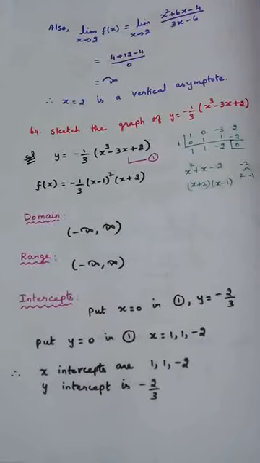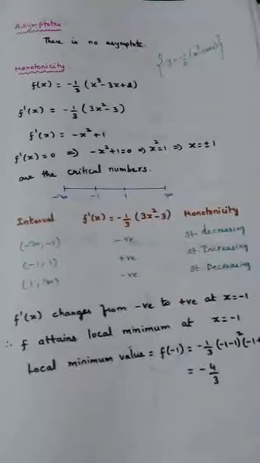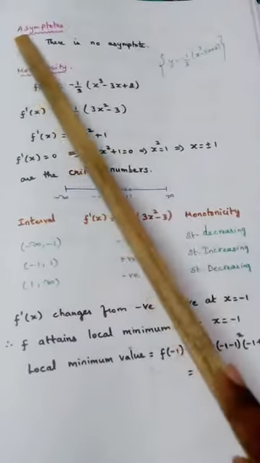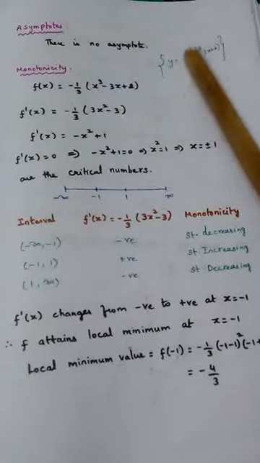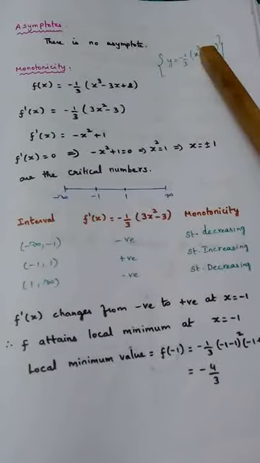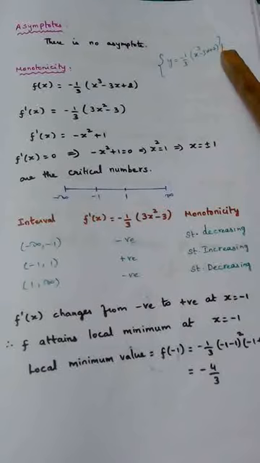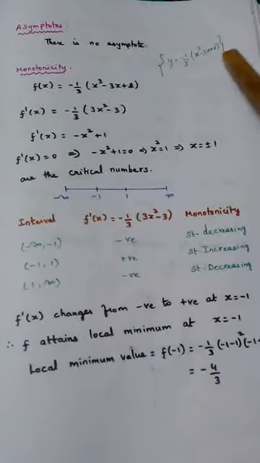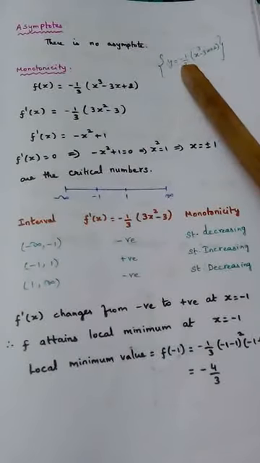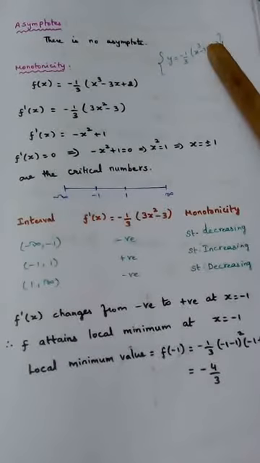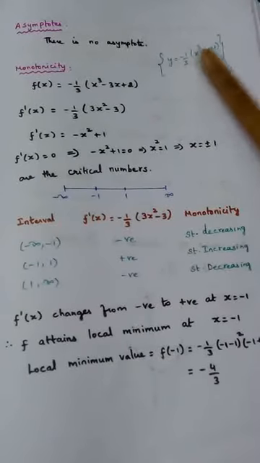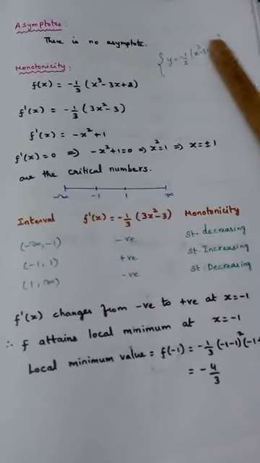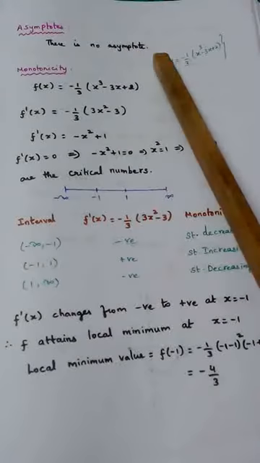We will see the next heading called asymptotes. So this is the given equation, right? Clearly it will not have a slant asymptote because the numerator degree should be greater than the denominator. Here there is no polynomial in the denominator, so no slant asymptote. Also the denominator will not become 0 because only 3 is present. So there is no vertical asymptote. There will not be any horizontal asymptote either, because when I use x as infinity, the answer cannot come as a proper number. The answer will also become infinity. So there is no asymptote for this equation.